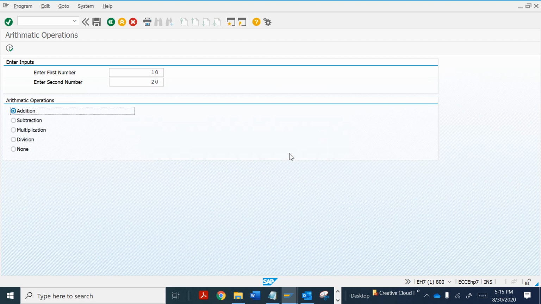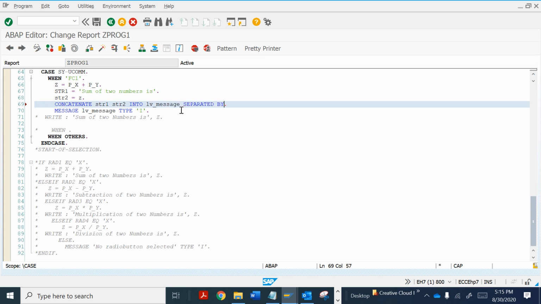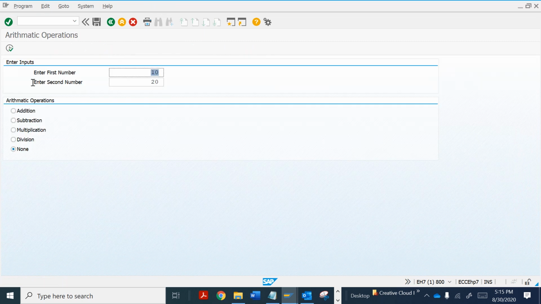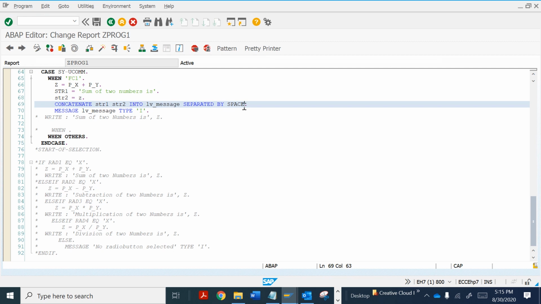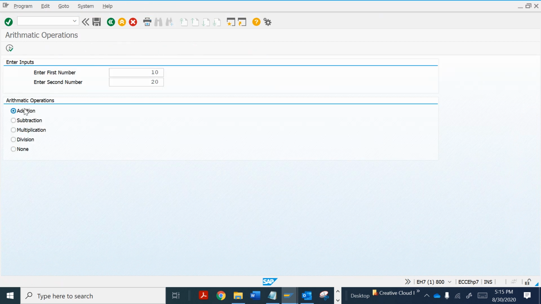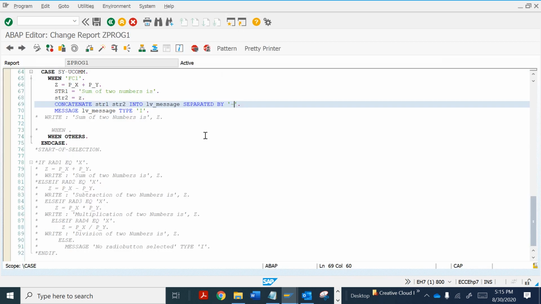To fix this, we have to separate it by space. We have a keyword called separated by. Let's check this. See, it is coming with space, and we can assign anything. If you want to separate it by a hyphen, that is also possible. Okay, let's do it with space.